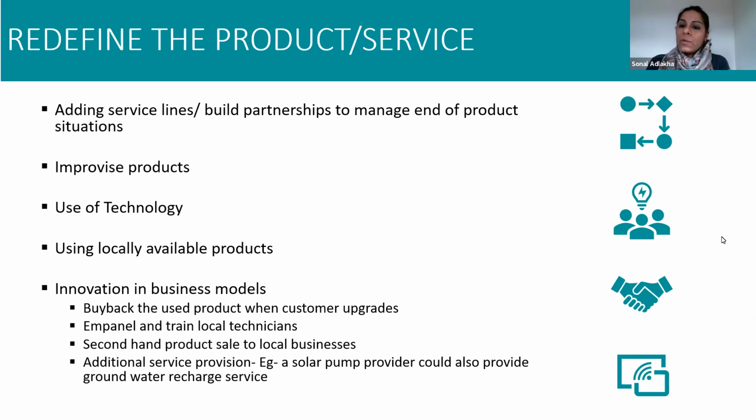Another innovation example could be solar water pumping companies. What they generally do, there are 2 categories. One is the product manufacturer, which manufactures solar pumps. There is another category which is not manufacturing, because a solar pump is more of a project, so they are system integrators. Now these system integrators or the pump providers can actually come to the site and do 2 things. One is give a solar pumping system to the end user, and second, provide a service around groundwater recharge, because for groundwater recharge, the farmer will probably have to go and find another vendor. But if this organization can add this as a service line, it's a win-win for both.